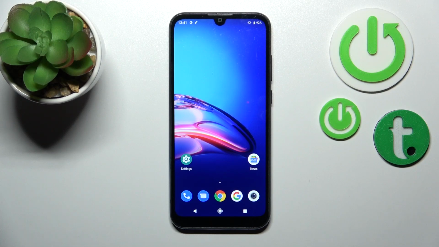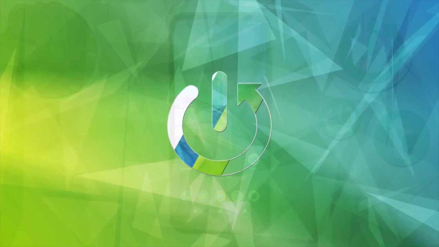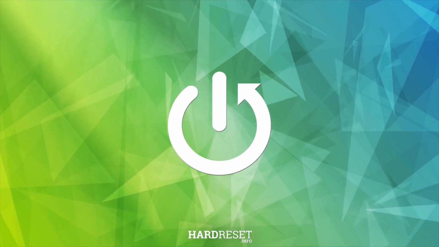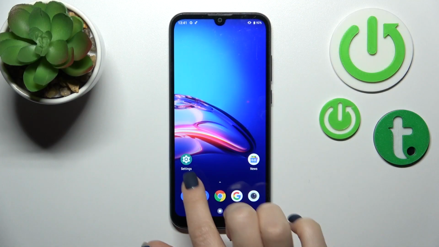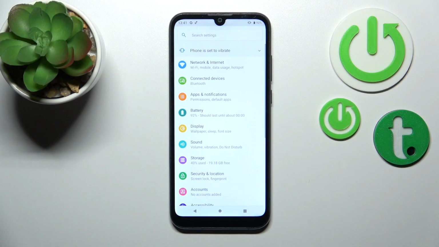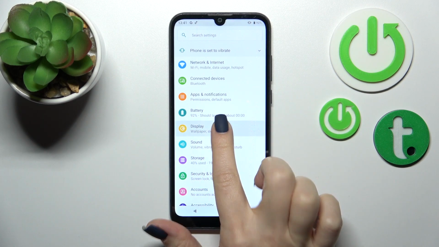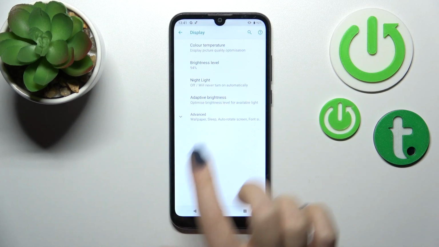Hi, today I'm using the Motorola Moto E6S and I'll show you how to change the lock screen wallpaper on this device. So first we should open the settings application and after that tap here on the wallpaper to display section, then click